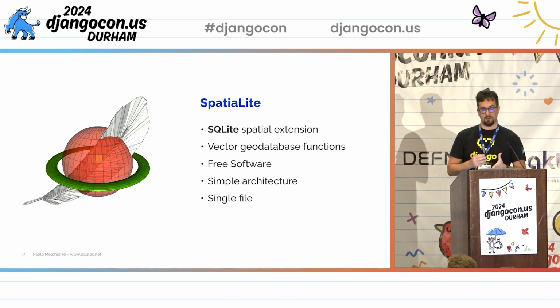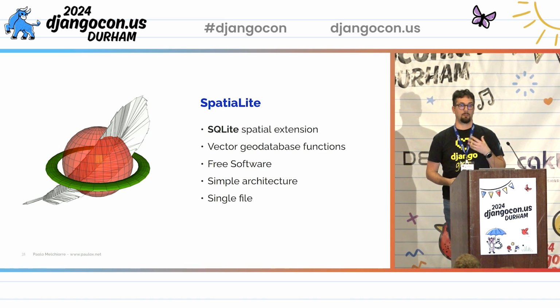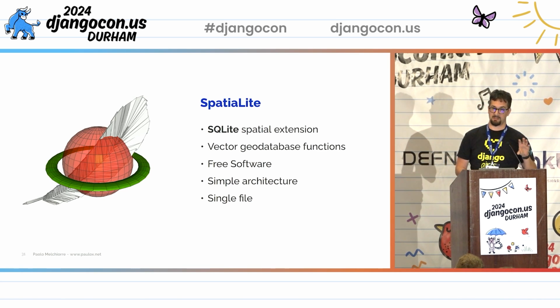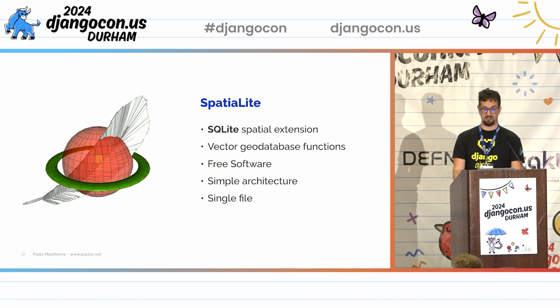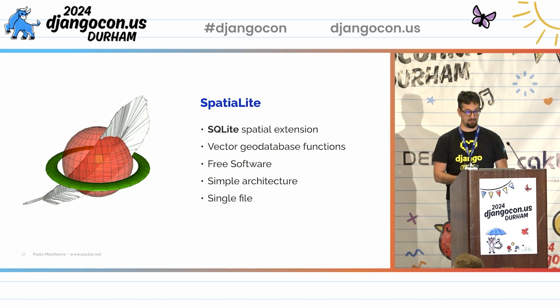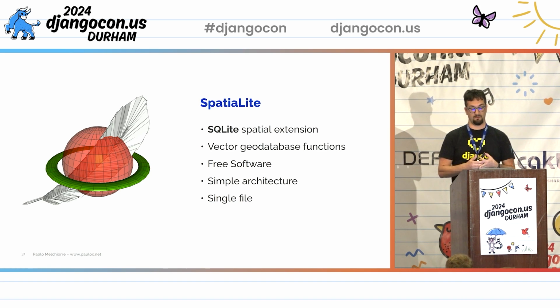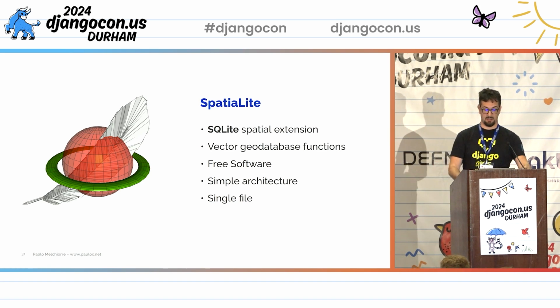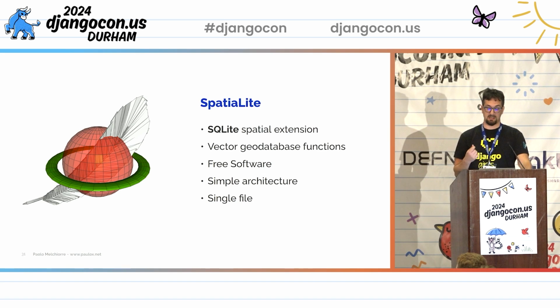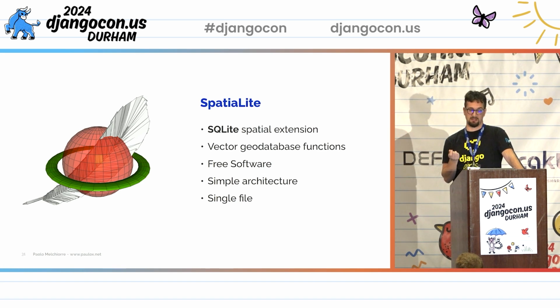But to use GeoDjango, we need also a compatible spatial database backend. In this first stage of this talk, we'll use SpatiaLite, the spatial extension for SQLite. SQLite is the default database backend. It provides vector database functionality. And SpatiaLite has a very simple architecture, which is a complete database in an ordinary file,